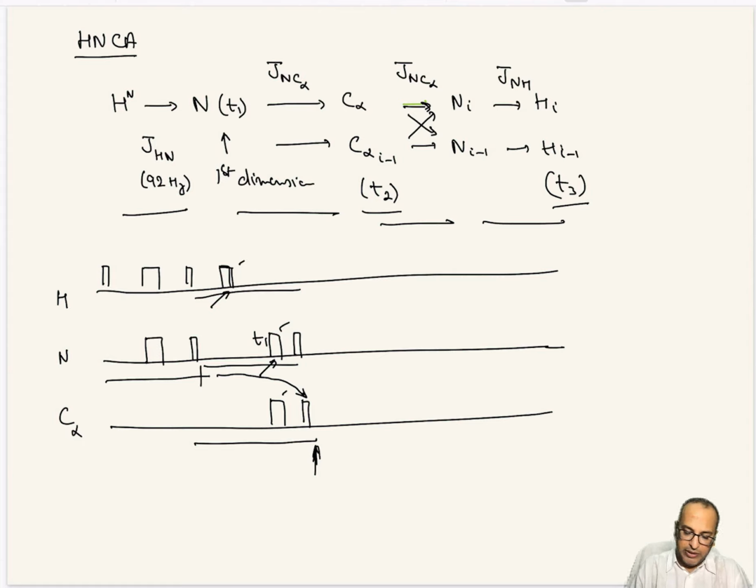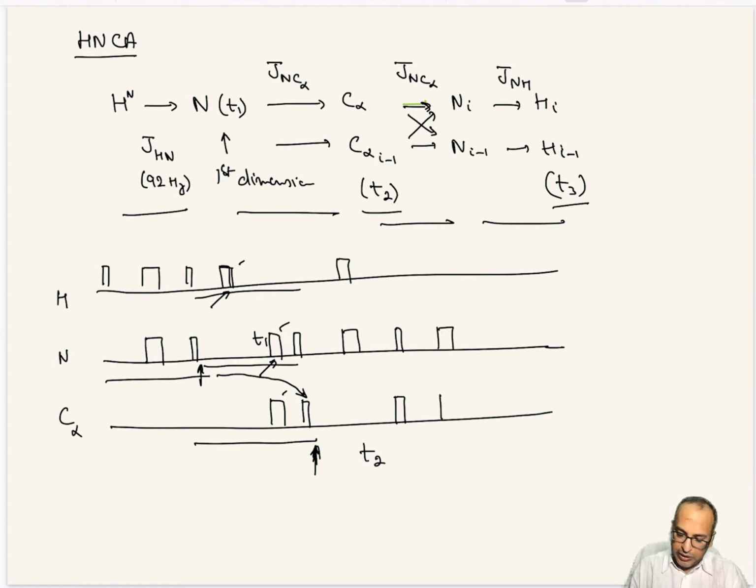Okay, so now at this point you have carbon antiphase magnetization, right? At this point it was nitrogen antiphase, now you have carbon antiphase magnetization. So once you have carbon antiphase magnetization, again you evolve chemical shift evolution. So this is the T1 period, then you have the T2 period over here, and then nitrogen and proton have to be decoupled. So these are decoupled, and then you carry out reverse INEPT.